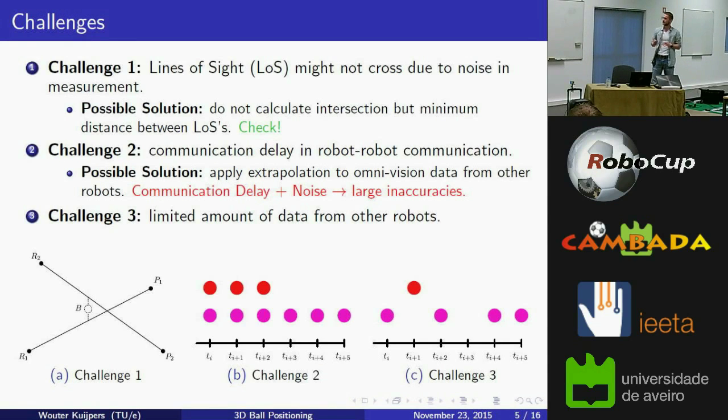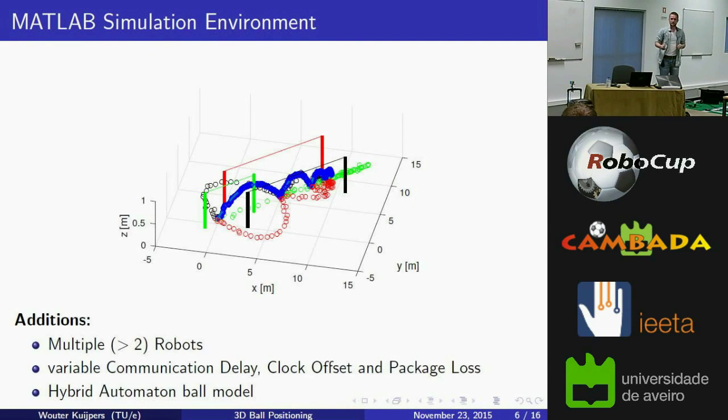Then there is another challenge, which is the limited amount of data we get from robots. For example, the robot itself could have some time instance where the ball is not visible because it's, for example, blocked by another robot, or it's just somewhere else on the field. There could also be, in the case of the Gambara team, they do the robot-robot communication at 10 Hertz. So, for example, these could come in every tenth of a second. How to handle that? I will explain that